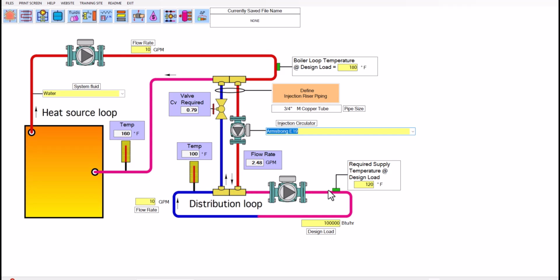gallons per minute in the distribution loops, what's your design load of your distribution loop, required supply temperature for that design load. So these are all inputs, and your outputs are your temperature of the fluid going back to the boiler, the required CV value of this valve here for metering how much is going back into the distribution loop,